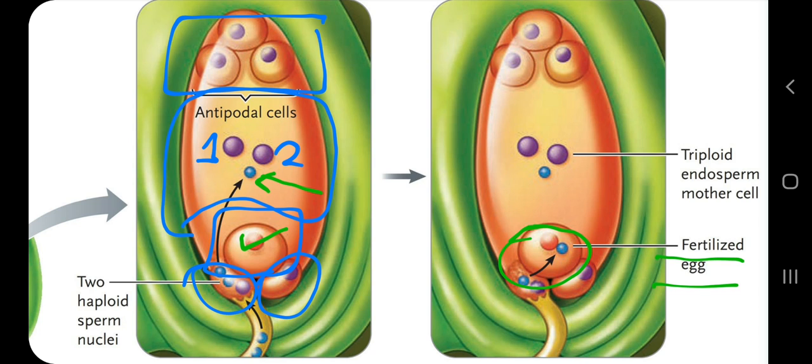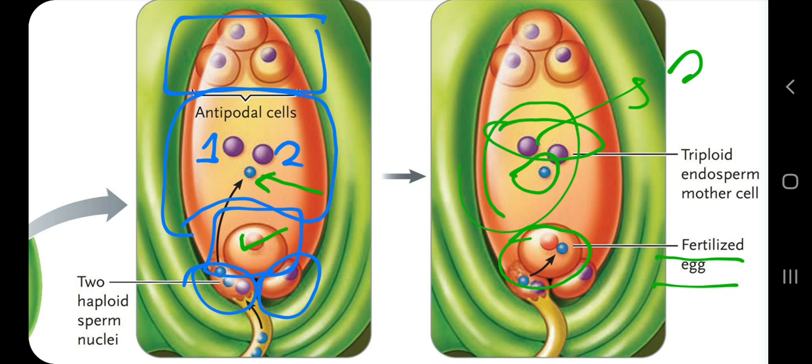plant embryo, of course. So now coming back to these polar nuclei and the second sperm, these three will fuse and they will give rise to a triploid structure, and this will make sense because if two haploid nuclei are fusing, they will give rise to a diploid zygote, which will form a diploid plant embryo. So this is also making sense. The two polar nuclei and one second male gamete will fuse together to form a nucleus, which will give rise to a structure, and that structure will be called